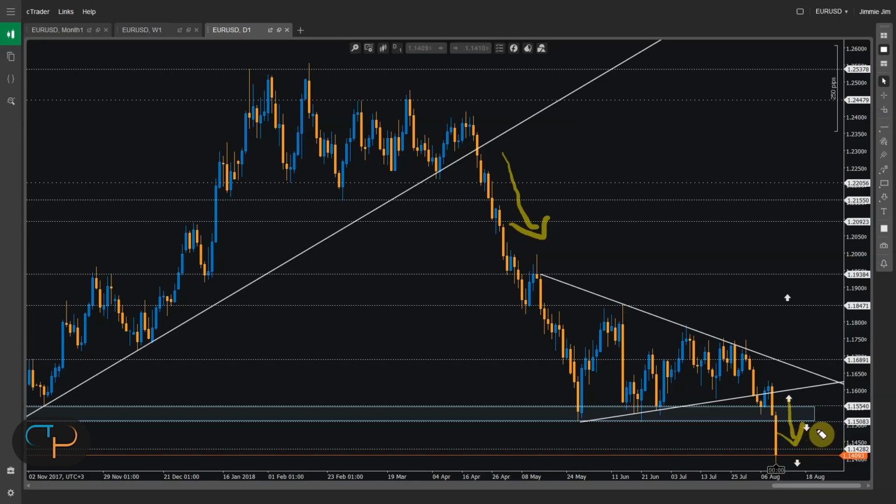But now comes the important question. Is this downwards move actually sustainable? Because it could look like it, but it could actually be a false move. So how do I conclude that it's a viable move or not? Well,